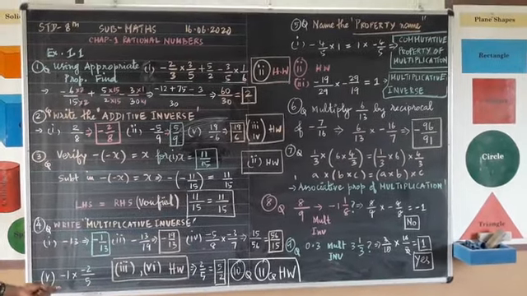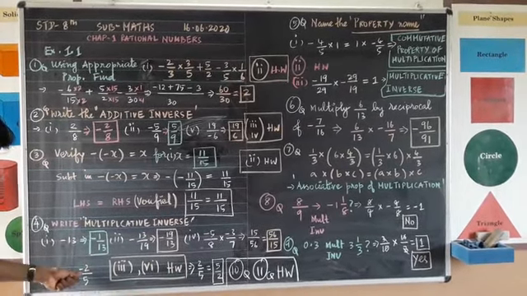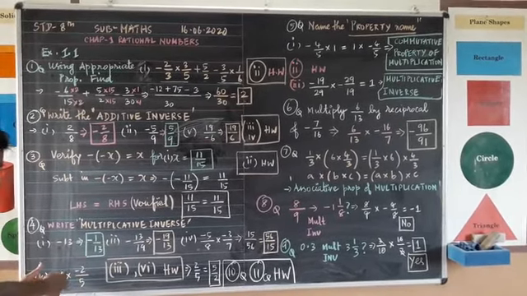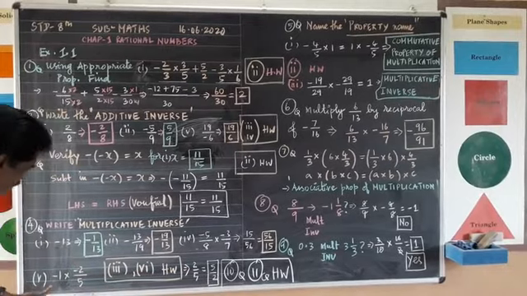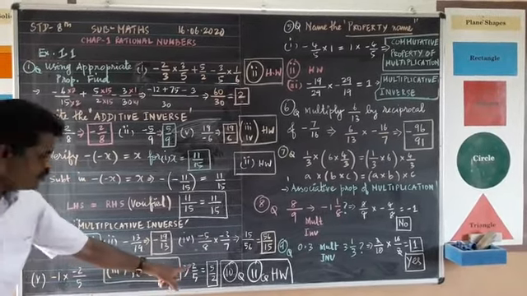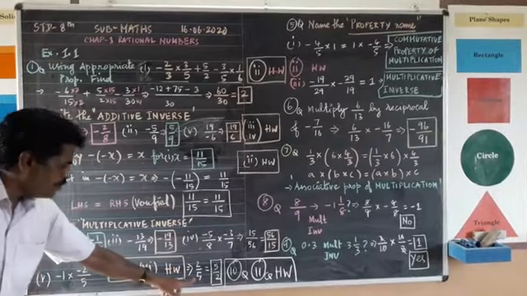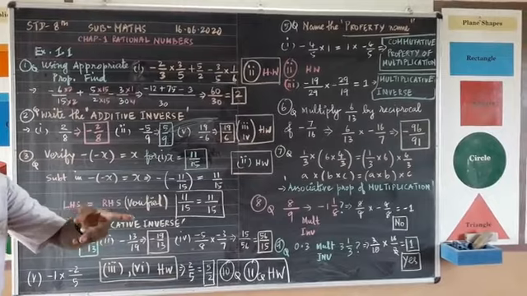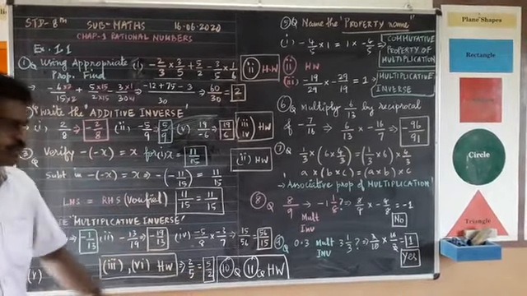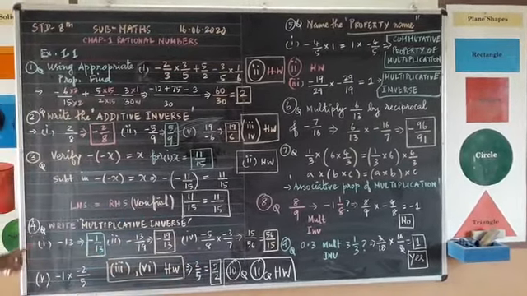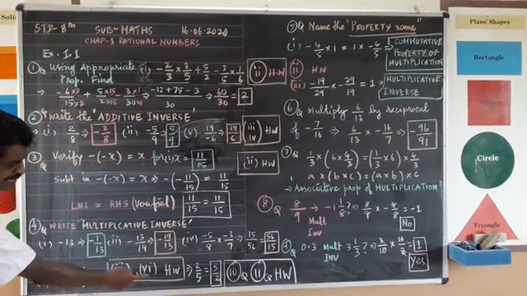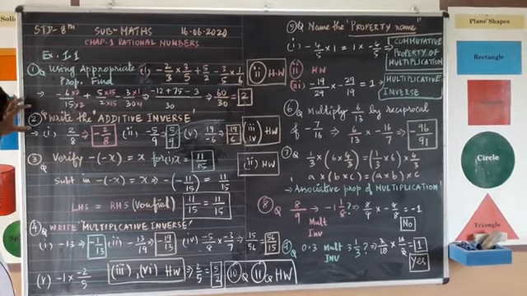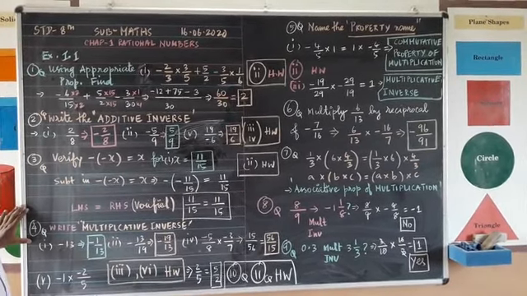Understood? So last, fifth problem, you see minus 1 into minus 2 is there, upon 5 is there. What is its multiplicative inverse? First group this one, multiply this one. I multiply minus 1 into minus 2, plus 2, upon 5. Then it is 2 upon 5. The multiplicative inverse is what? 5 upon 2. So that is the answer. In this fourth question, third problem and the sixth problem you take as homework. So first problem, second problem, third problem, fourth problem, in that exercise we are over.